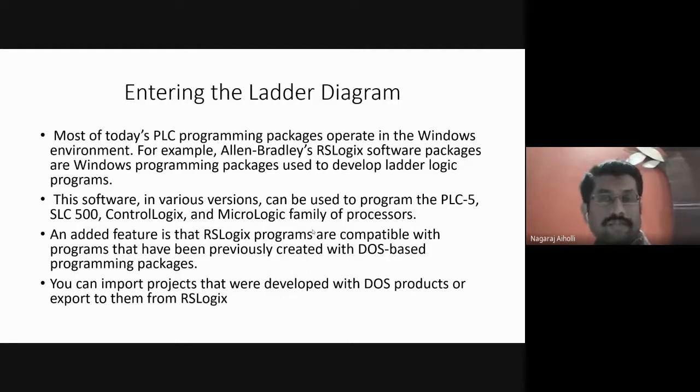There are two types of software. One is user software, another one is system software. User software is the software written by the user. It is our ladder program, what we are writing. That is called the user software. And system software is the software that comes along with the PLCs. That is, it is inbuilt. It is downloaded into the PLC by the manufacturer while manufacturing. Okay, so that comes along with the PLCs. And this software controls the entire operation of the PLCs.